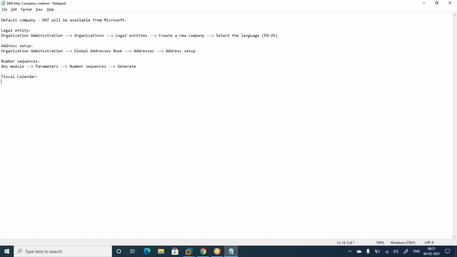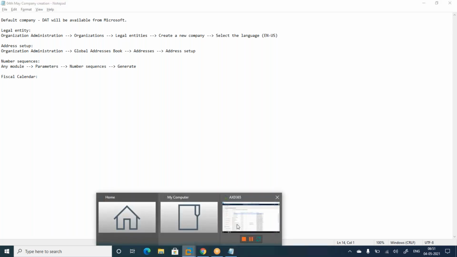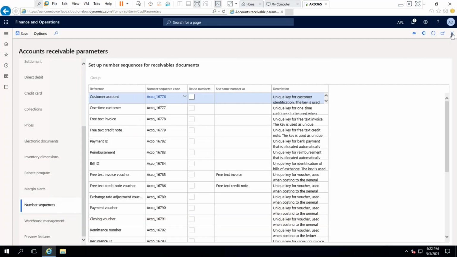Country to country, company to company, it will vary based on the company specifics. First, you need to verify country specific, then company specific. Whatever the fiscal calendar, that calendar you need to define or create. So where we can create that calendar is General Ledger,